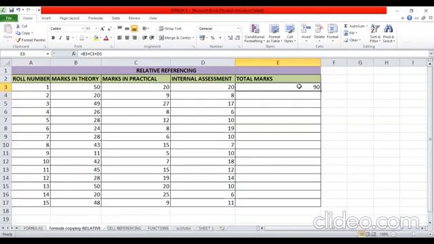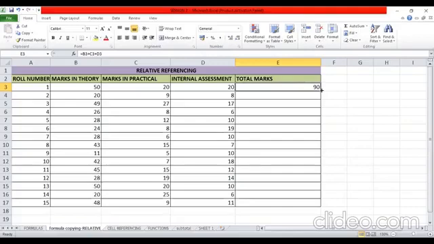What was the fill handle, if you remember? Once we put something, we could copy the value of the cell simply by dragging the cell down the column or across the row. So what should I do? I will take my cursor to the bottom right corner of the cell from where I want to copy the formula.